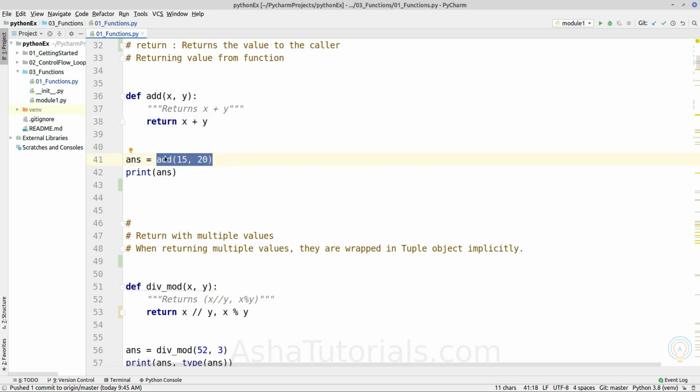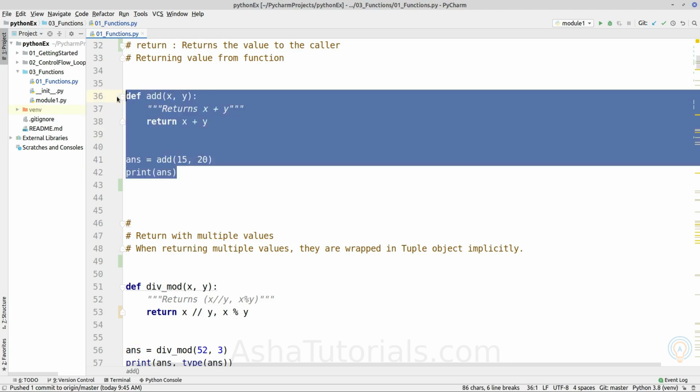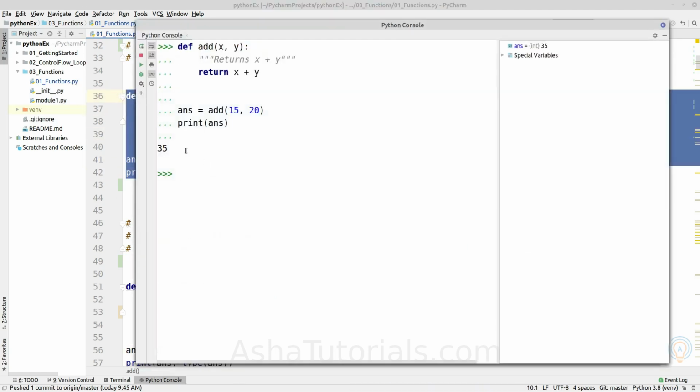So here we are calling the function, and whatever result is returned by this call, we are storing inside the variable. Okay, and then we are printing it. So let's execute it. As you can see, our user-defined function has returned the value 15 plus 20 equals 35. Okay,